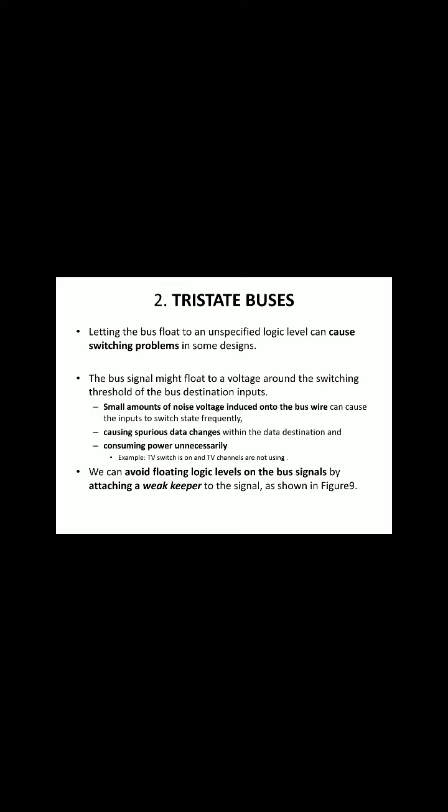If the data float occurs for a longer duration, there will be more power consumption. There is also a chance of noise, and a chance of wrong data getting to the output if the timing gets mismatched. We can avoid this data floating by using some type of logic circuit along with the tri-state bus. That particular type of logic is called a weak keeper. A weak keeper can be used in a tri-state bus in order to avoid data floating.